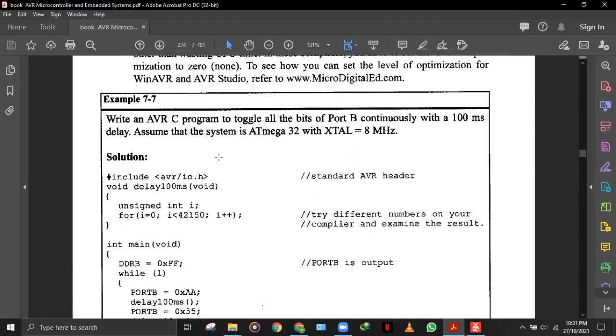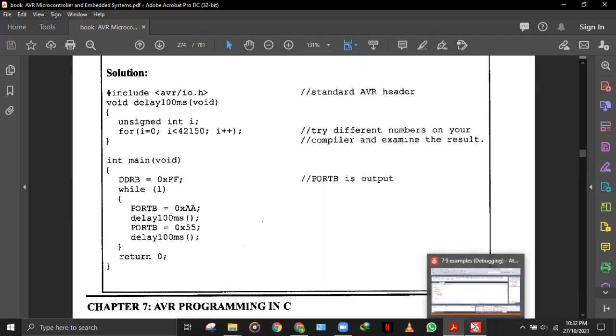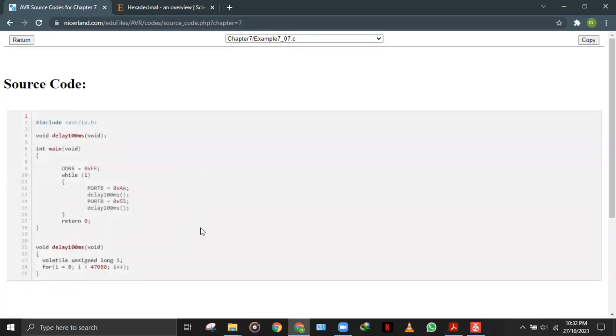So, हमारी अगली एग्जांपल है राइट एन AVR C प्रोग्राम to toggle all bits of port B continuously with a 100 millisecond डिले। सो इसमें अब हमारे पास डिले वाली जो चीज़ थी वो भी आ रही है। Assume that the system is ATmega328P with XTAL equals to 8 megahertz। सो अब हम इसमें साथ साथ देखेंगे कि हमने डिले को कैसे कैटर करना है। तो हमारी एग्जांपल है 7।